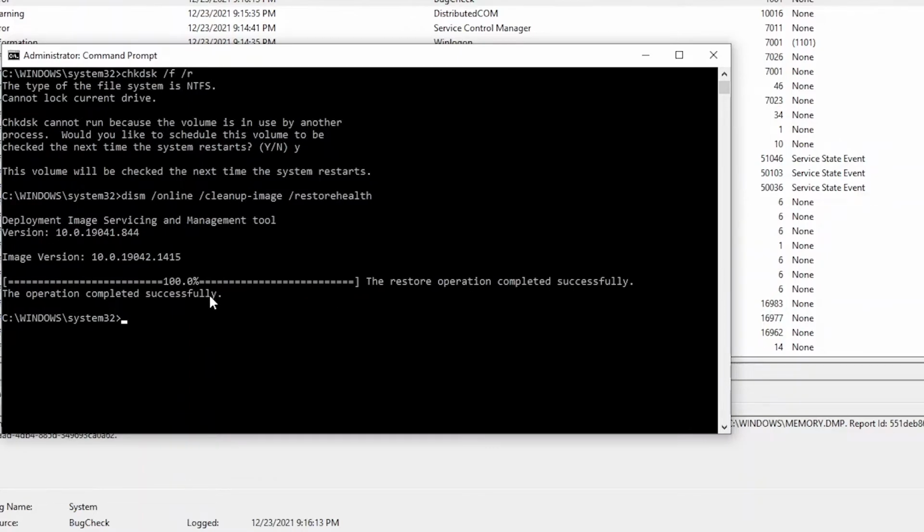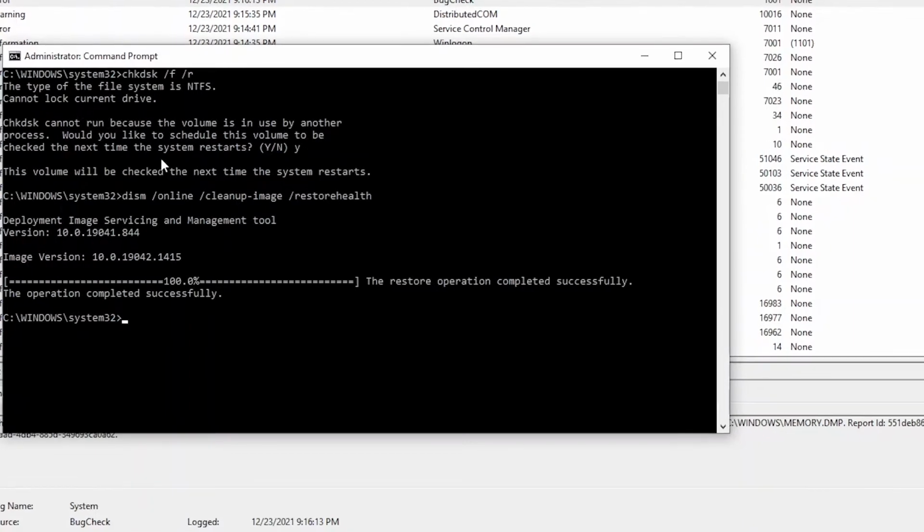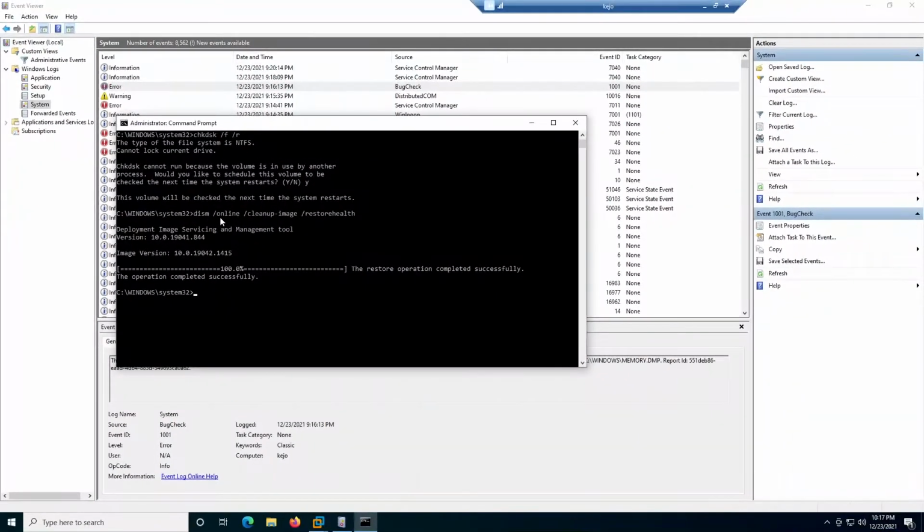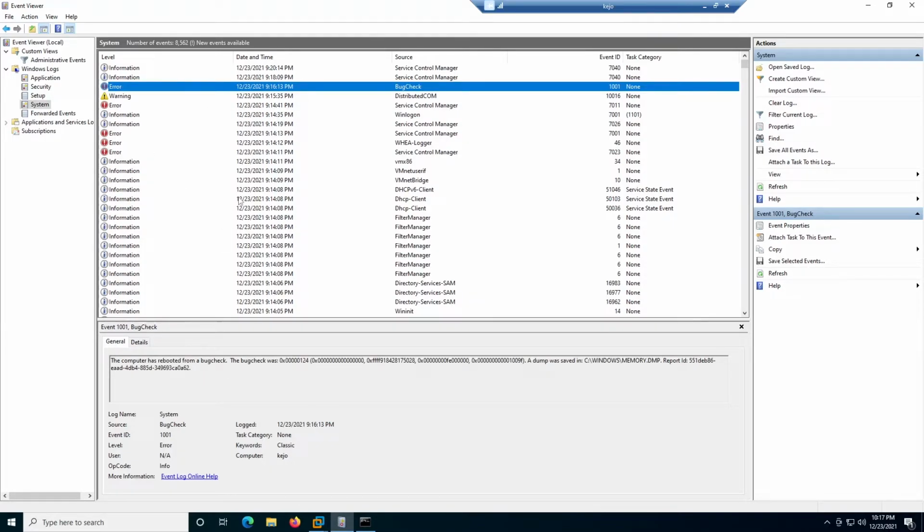So what you can now do is actually to restart your device for the check disk to actually check if there are any corrupted files on your device, and this will actually get your device fixed. So the next time your device will not be restarting anymore. But if your device still gets restarted, you can check to see which error message you are receiving,